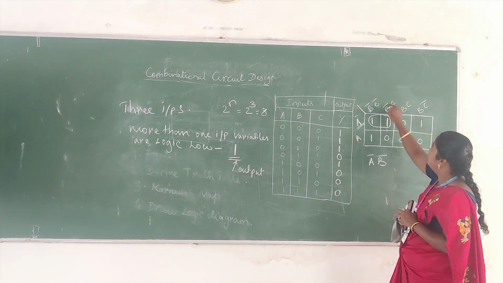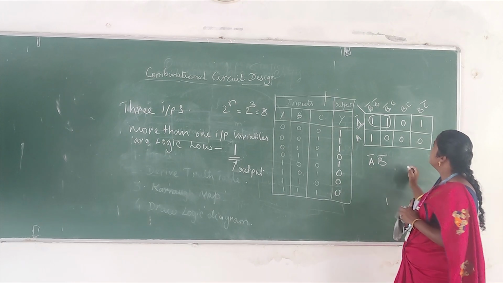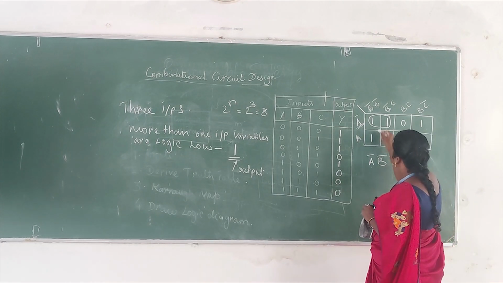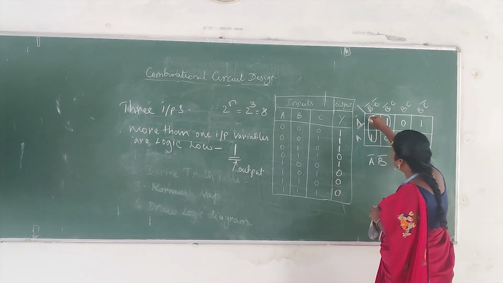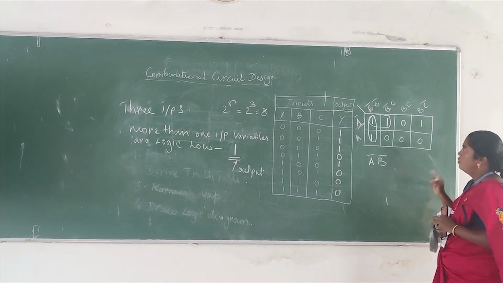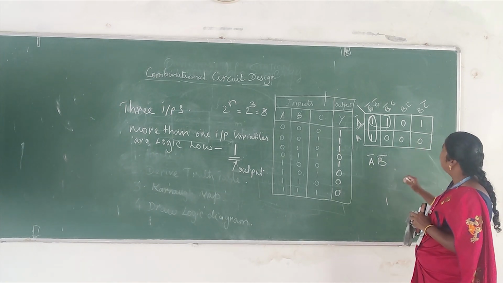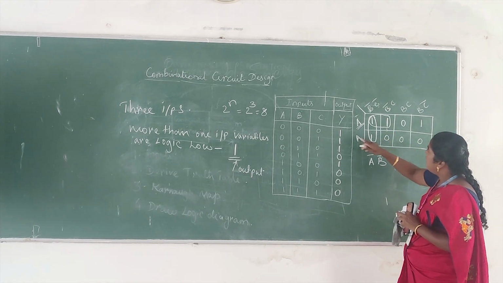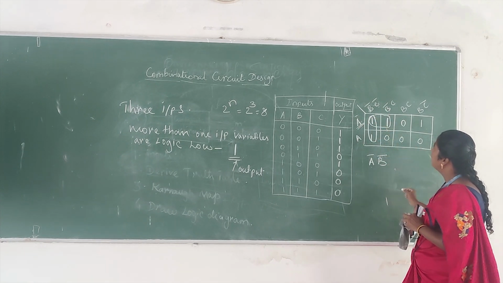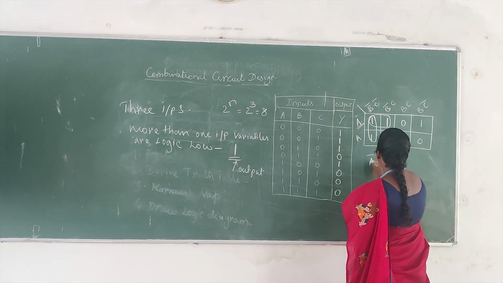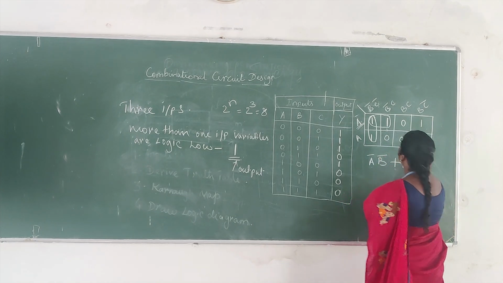Okay, the complement becomes cancelled. So A bar, B bar, and then the second pair is like this. We must group the ones. Okay, don't miss the one. Here A bar gets cancelled. We take only B bar, C bar. So A bar, B bar plus B bar, C bar.